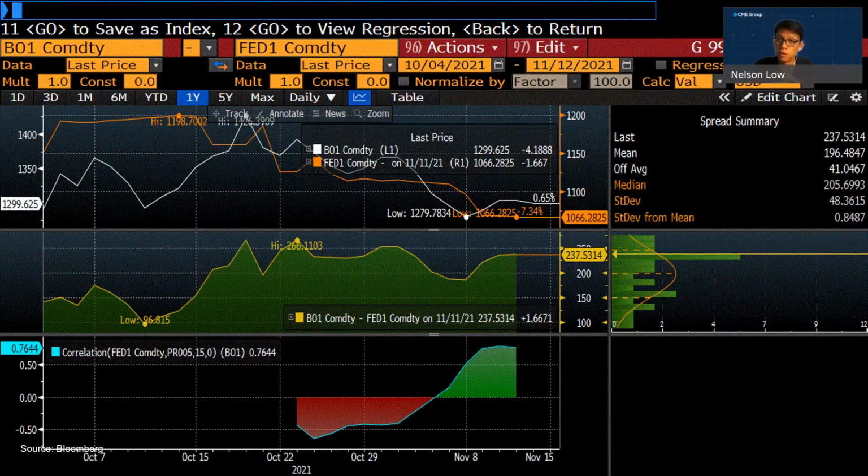The spread chart is the middle chart there, and you see that spread seems to be hovering between $200 to $250 versus soybean oil. And I believe Nicholas showed a chart of the spread between FCPO and FEPO as well. So all these charts tying together, they tell the same story, and that story is a very dynamic story between the different forms of edible oil. So lots of interesting things going on as well in FEPO.